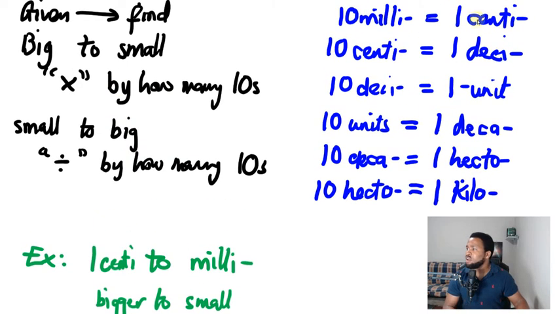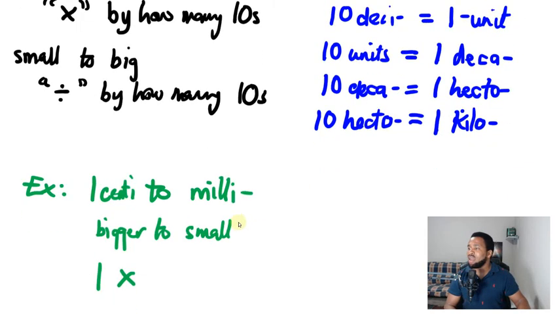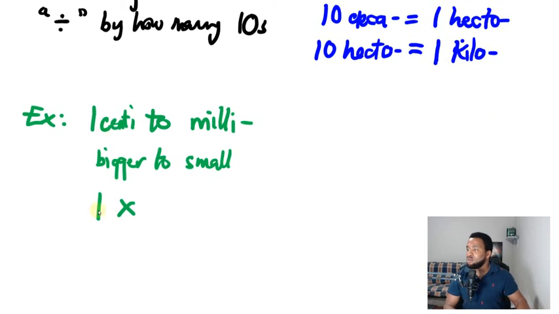Now, in this case here, to go from centi to milli, we just need 10 only. So it means that we're going to multiply our centi, which is 1, by 10. And so therefore, we are going to get our answer in milli units to be 1 times 10 equals 10 milli